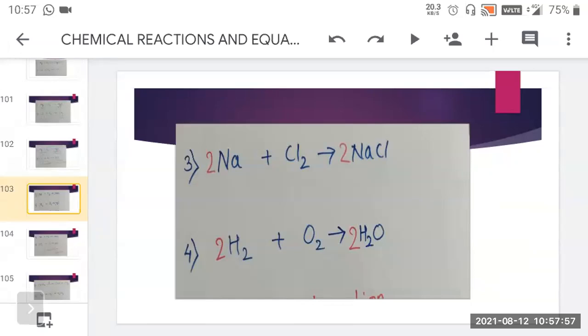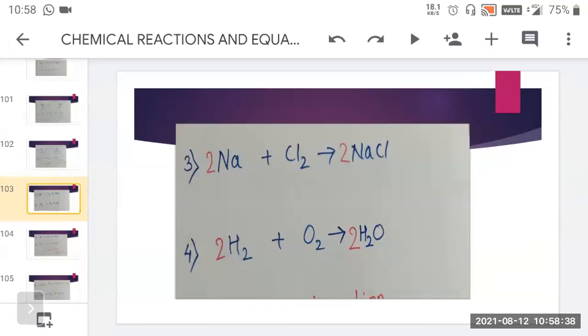Now here we have to balance Na plus Cl2 gives you NaCl. Now why, students, are we writing Cl2, O2? Why are chlorine and oxygen written like that? Two chlorine atoms, 2 oxygen atoms. Because these are elements which we cannot find in the free state. They are always found in the combined state. So always remember nitrogen, hydrogen, oxygen, halogen groups: they combine with themselves, and they form Cl2, O2, H2 and so on.